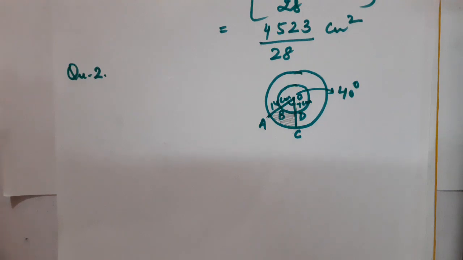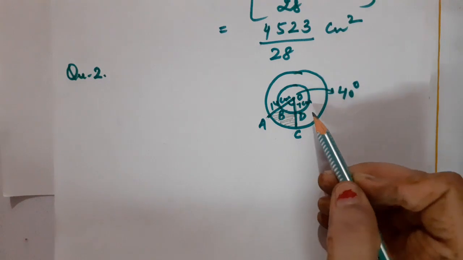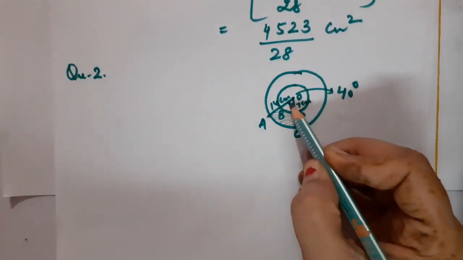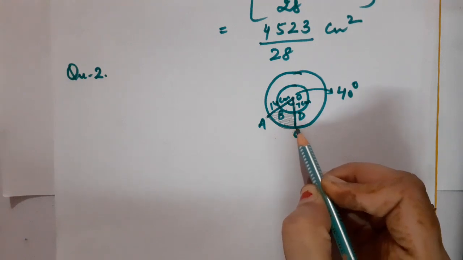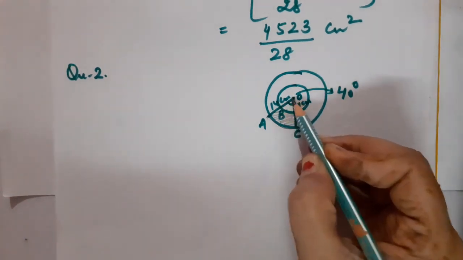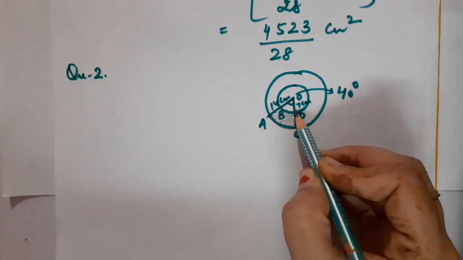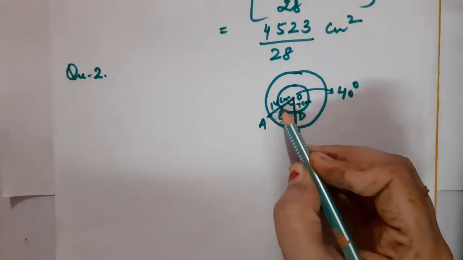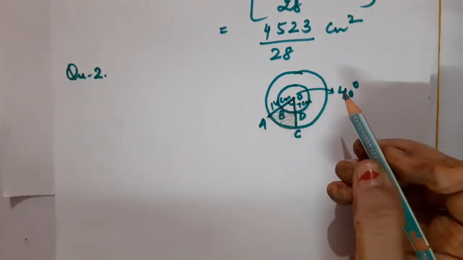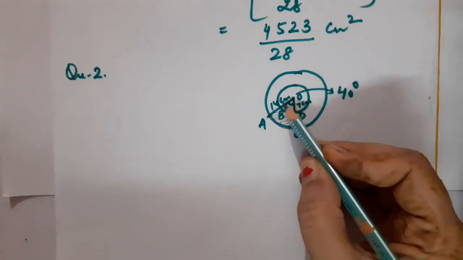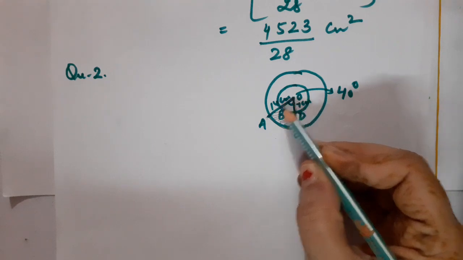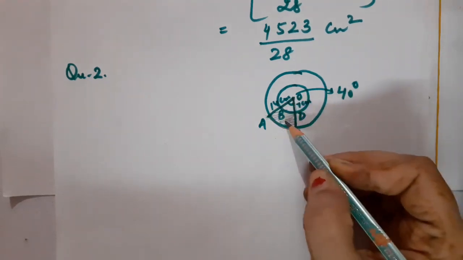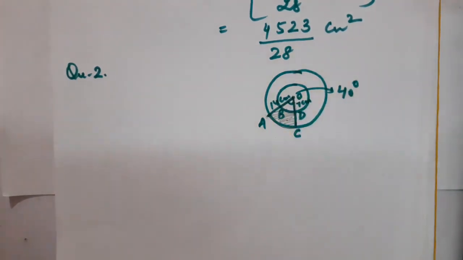That you have to observe which figure is going to be formed there. Here, how did I observe that it is a sector? I observed that these are two radii, and AC is an arc. In the same manner, OB and OD are also both radii, and BD is also an arc. So there are two sectors formed. If I subtract this smaller sector, OBDO, from the bigger sector, OACO, I can easily calculate the area of the shaded region.